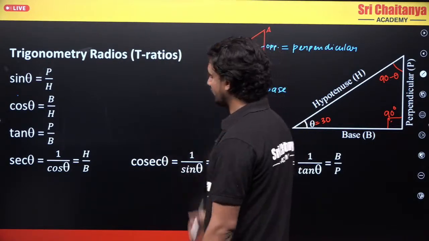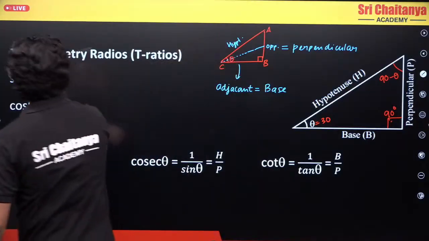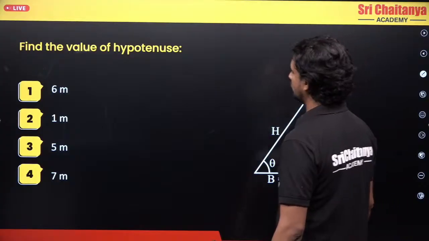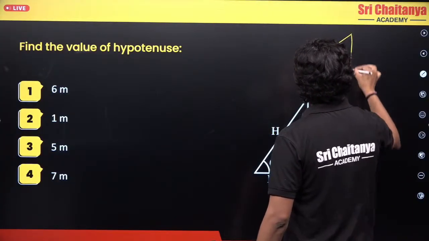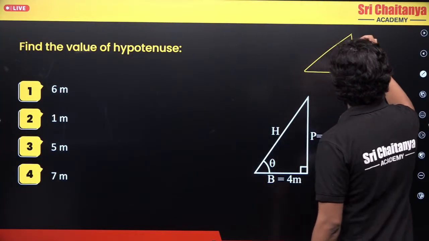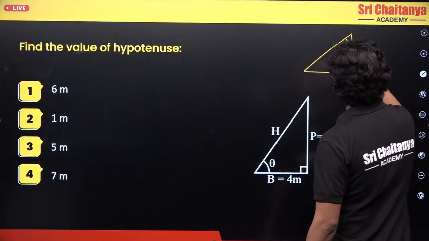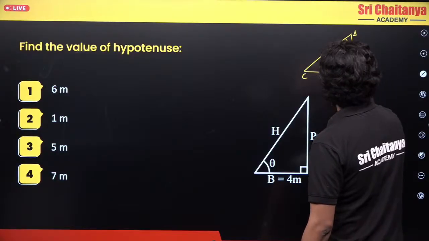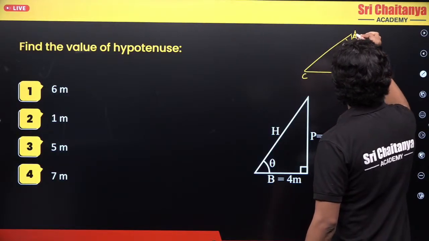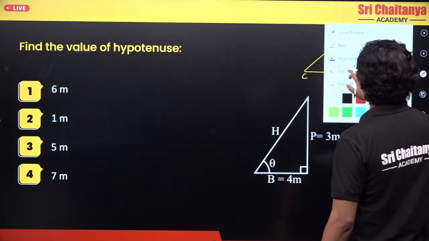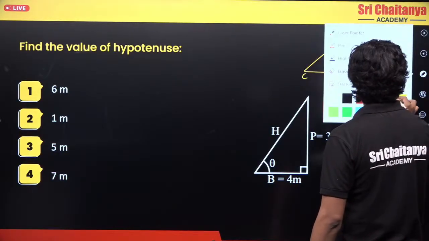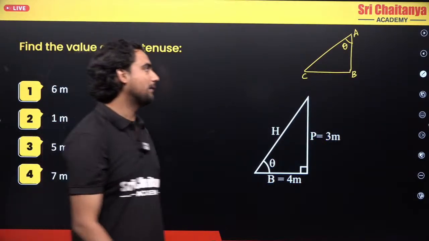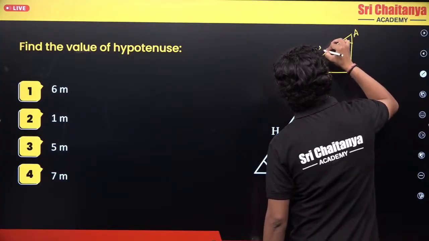So this is very important here. Now let's suppose I give you some other triangle. Let's make a triangle here, and say this is angle theta, and this is A, this is B, this is C. Now in this triangle ABC, can you tell me what is the hypotenuse, the perpendicular and the base? Always, the longest side is the hypotenuse.